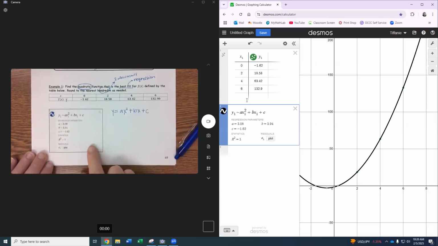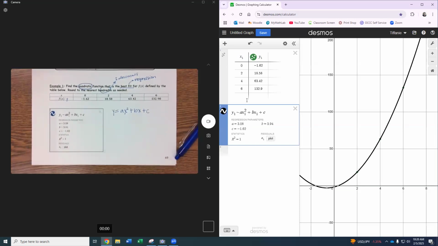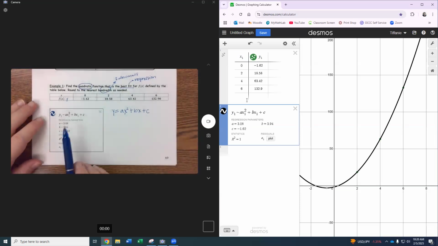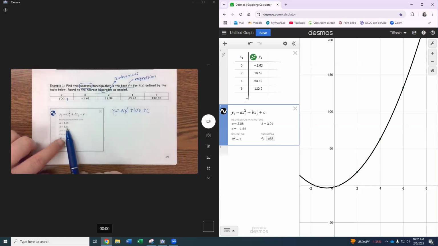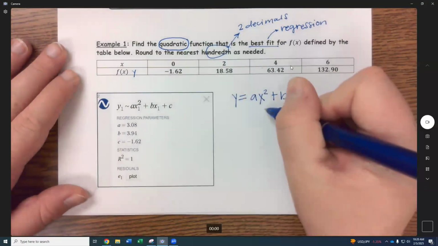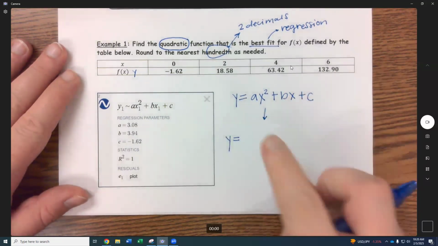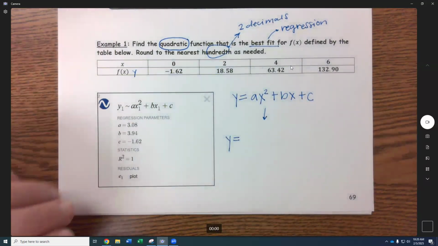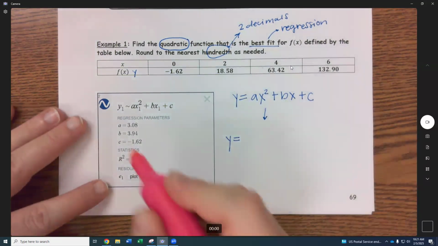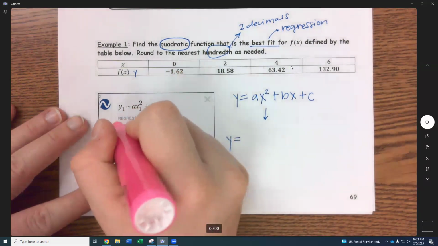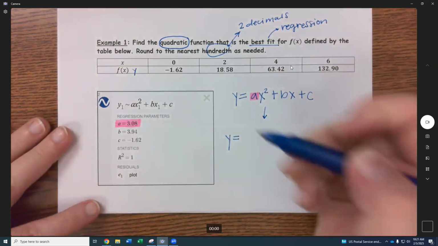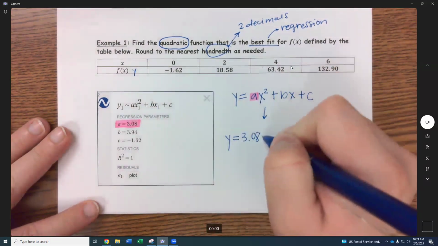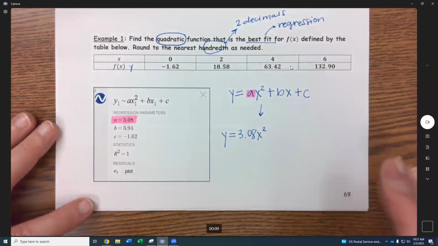And now I can see this table right here. So they tell me what my A, B, and C is. And luckily it says round to the nearest hundredth, and that's what all of these are right here. These are all 2 decimal places. So we will have y equals my A. I'll highlight this just for effect. My A is 3.08, and that goes with the variable of x squared,